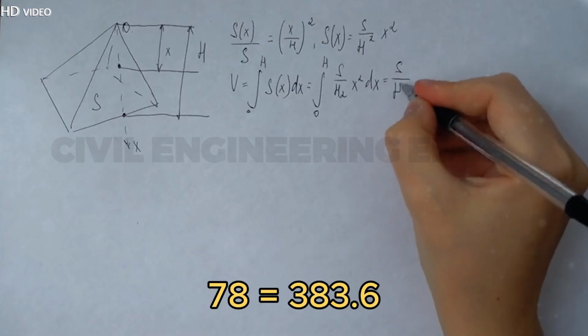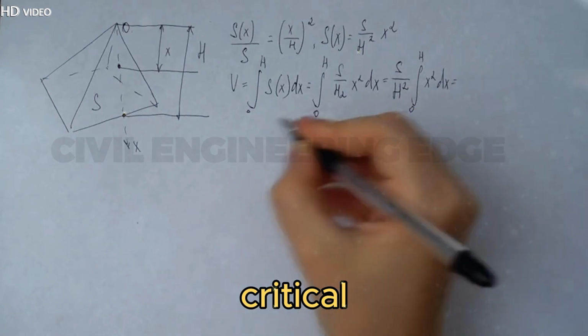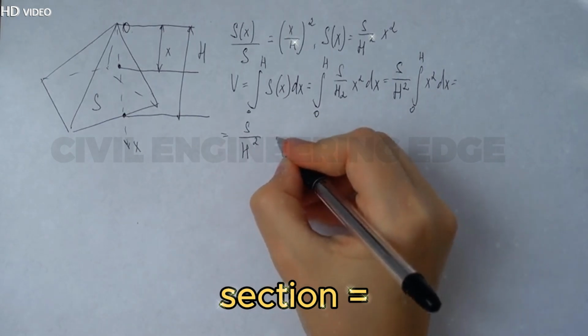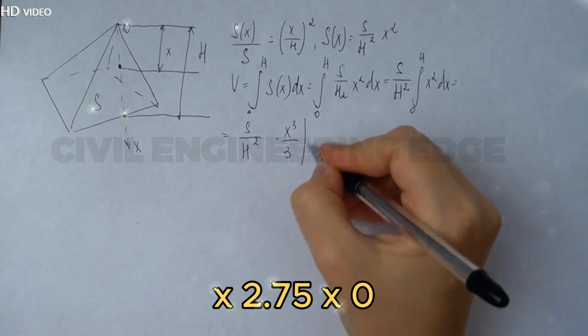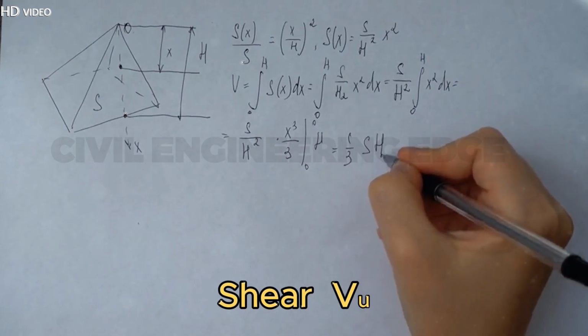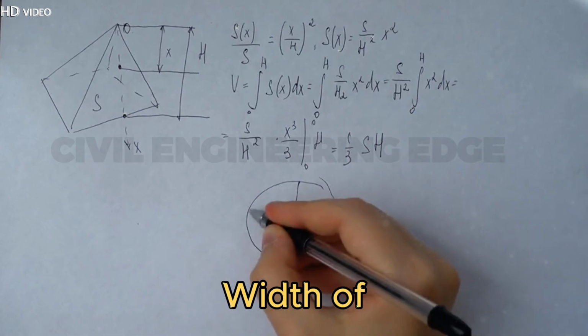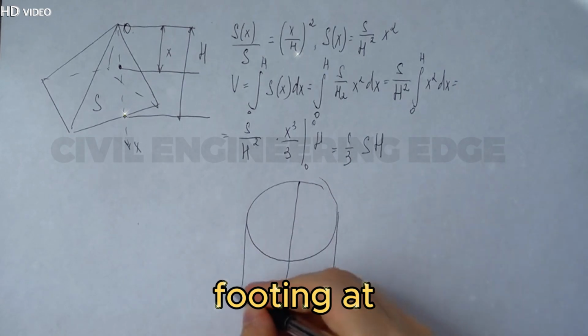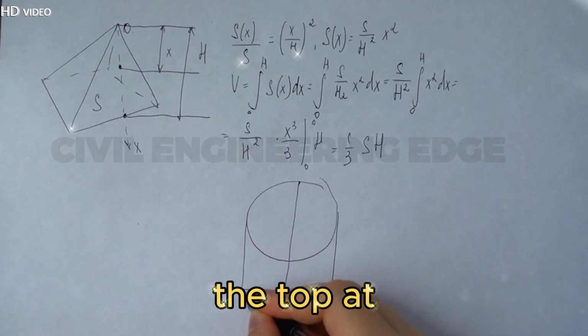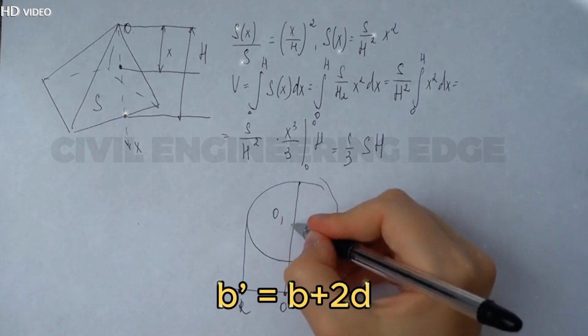461.60 millimeters. Effective depth at the critical section d equals 461.6 to 78 equals 383.6 millimeters. Shear force at the critical section equals 198,347.11 x 2.75 x 0.303 equals 165,272.701. Factored shear, Vu equals 1.50 x 165,272.70 equals